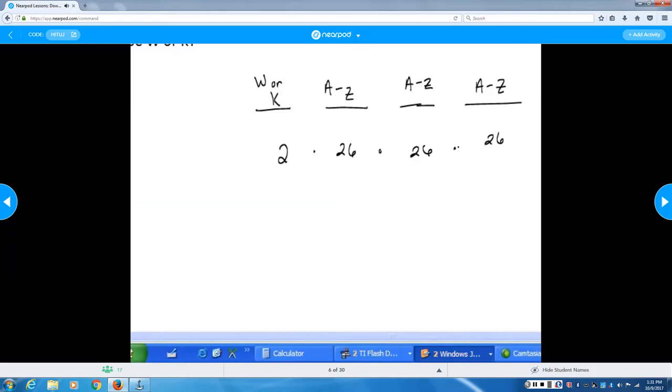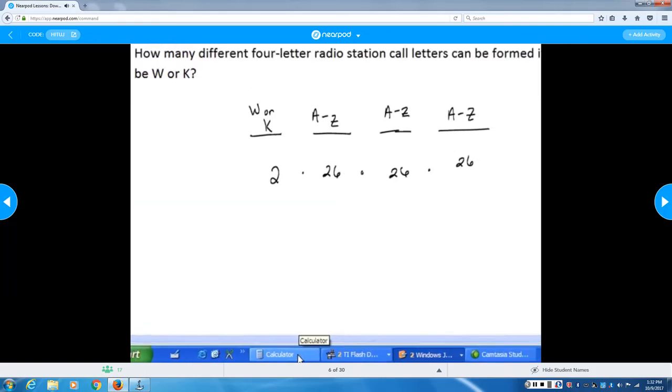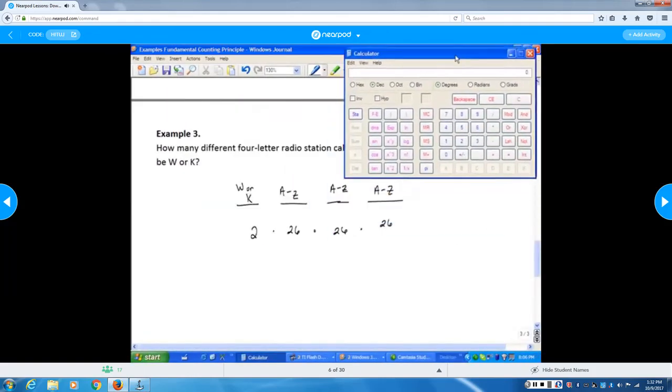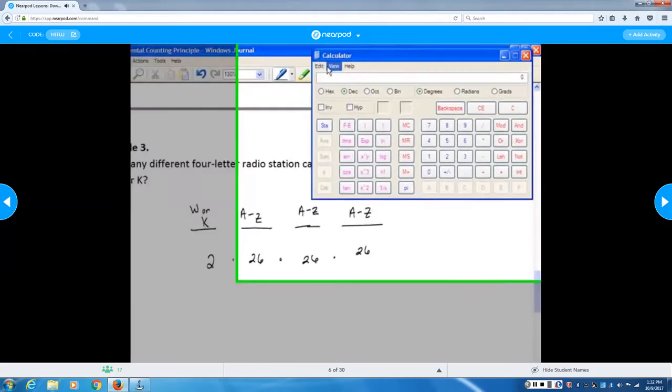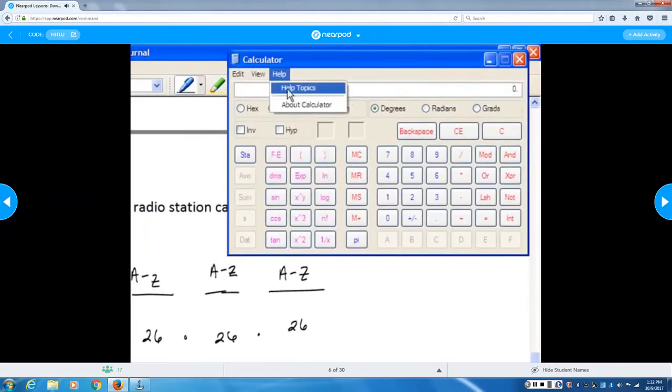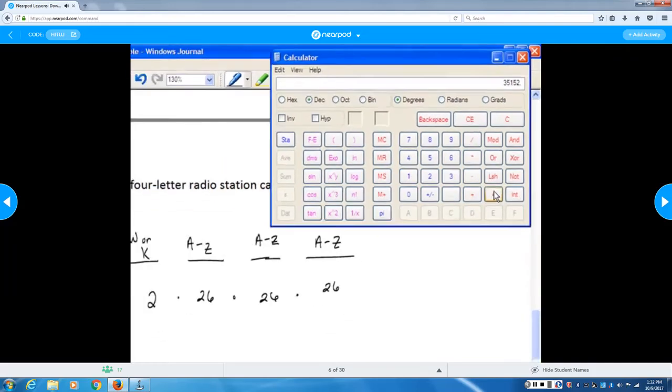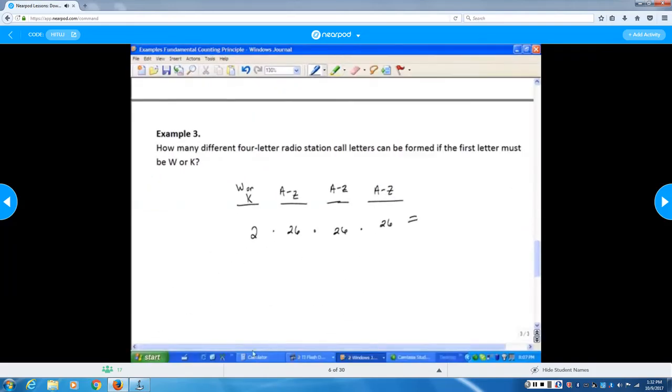This one's getting a little big to do by hand. Let's pull up a calculator. This is just the calculator available in my accessories on my computer. You have the option there when you're viewing the calculator to either view a standard calculator or scientific. I just have this one on scientific. All right, so I've got 2 times 26 times 26 times 26 equals. That's going to give me